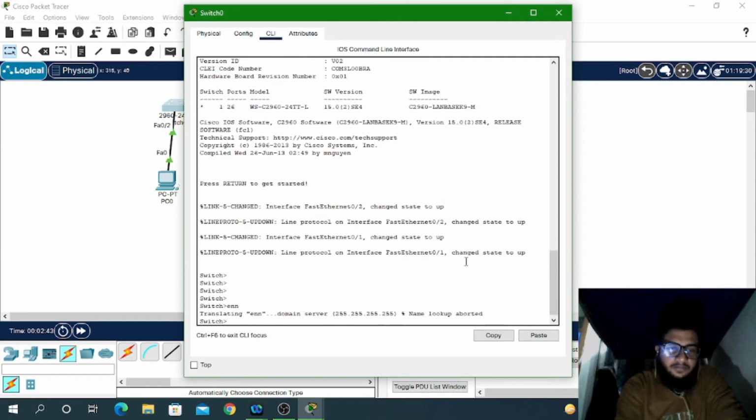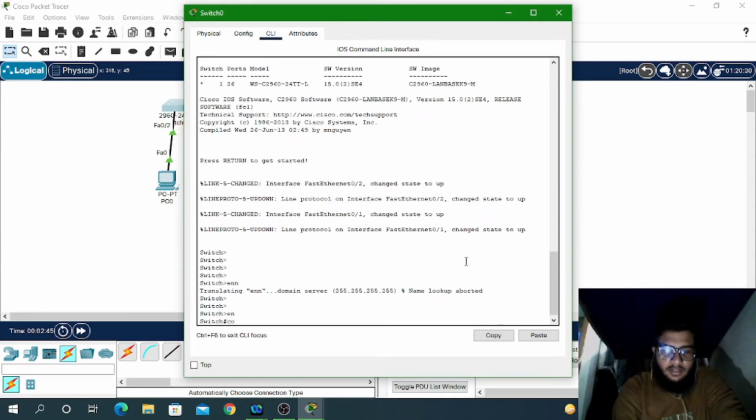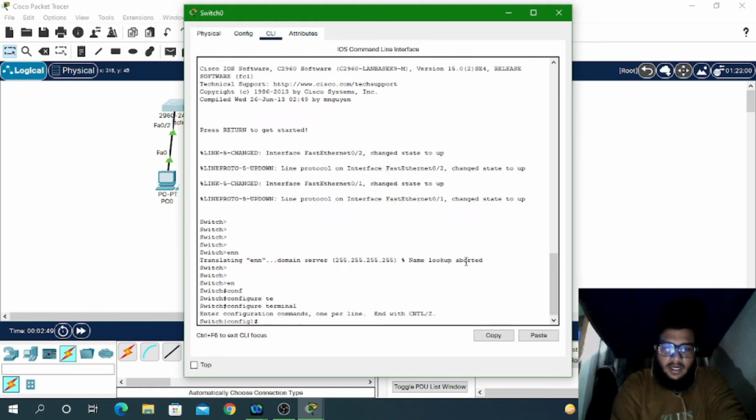Okay, so just type here enable, then configure terminal and enter. If you press tab in the system, then automatically the command will complete.